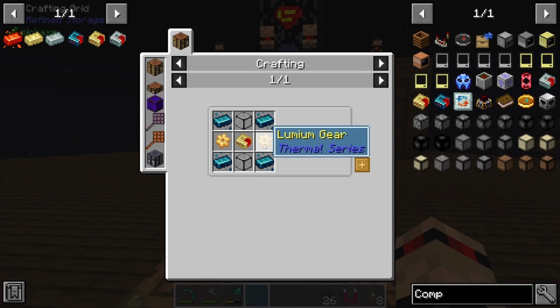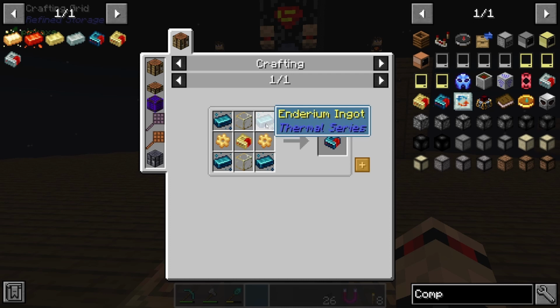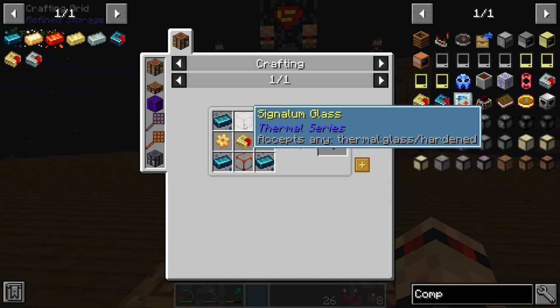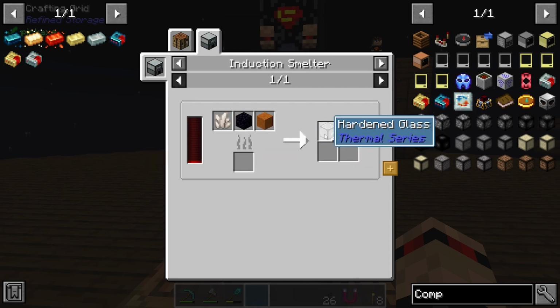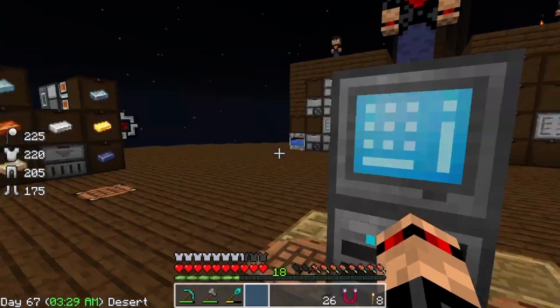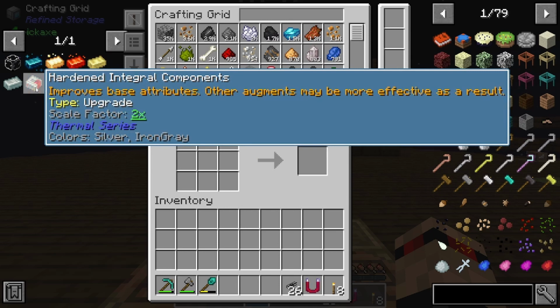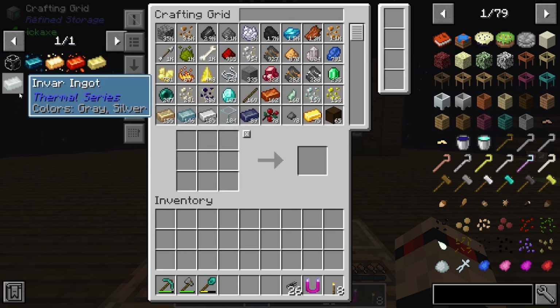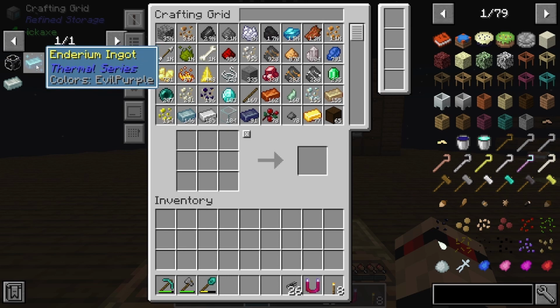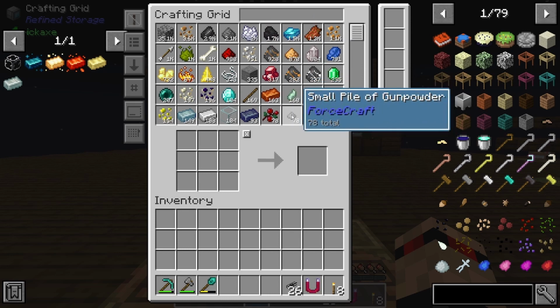We also need lumium, which is that one. We need enderium. And we also want to get this glass, so hardened glass. This recipe will do. Oh, we kind of need to get quartz under control as well, but yeah, I don't know. It's fine. We'll figure out what to do with quartz later. So yeah, that's a little bit of an autocraft right there. I want to set an induction furnace up for each of these, so that's 5 extra. So